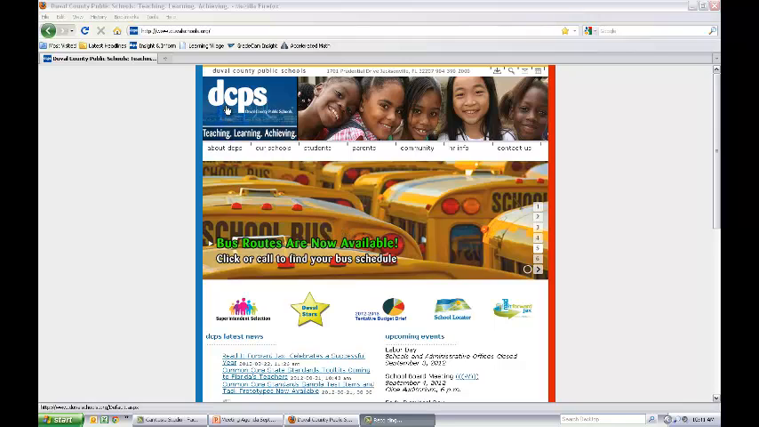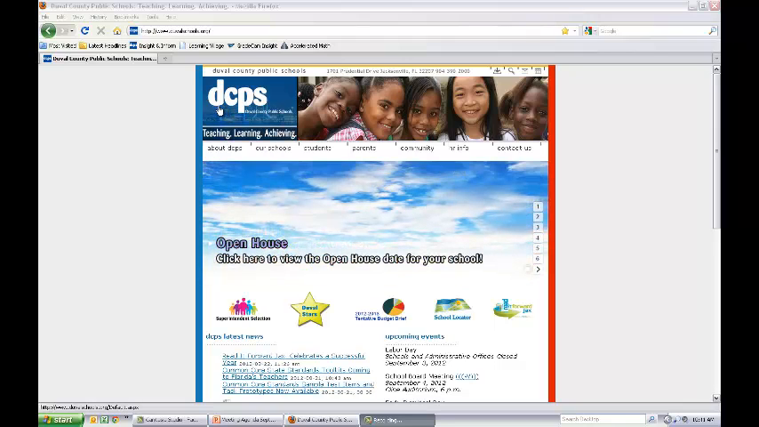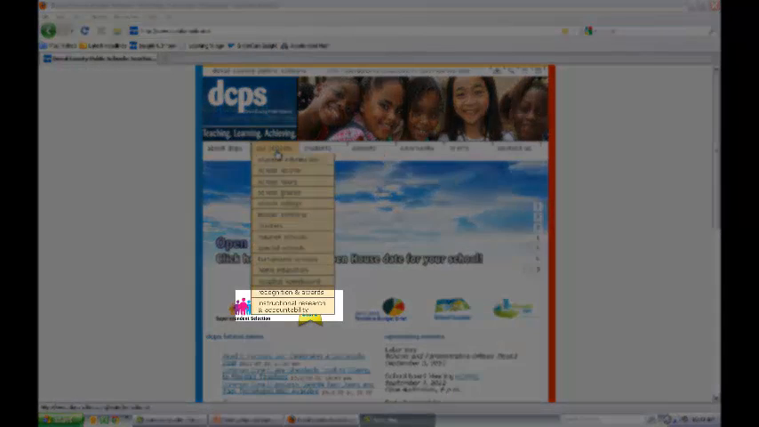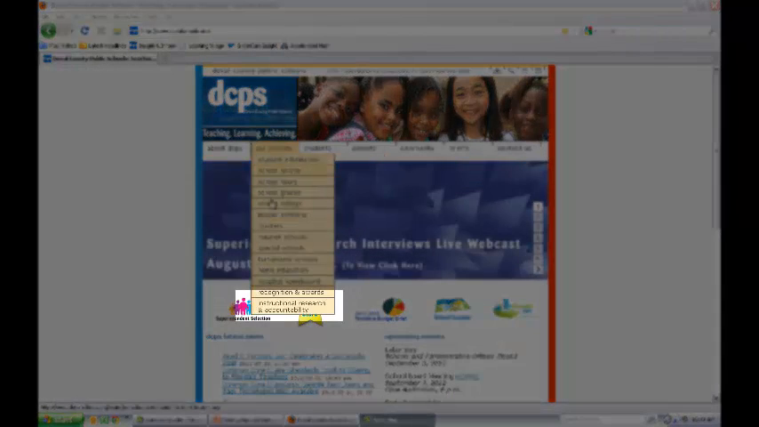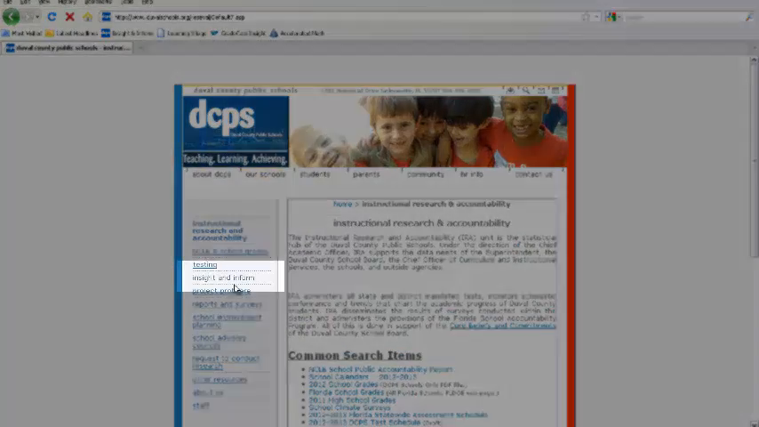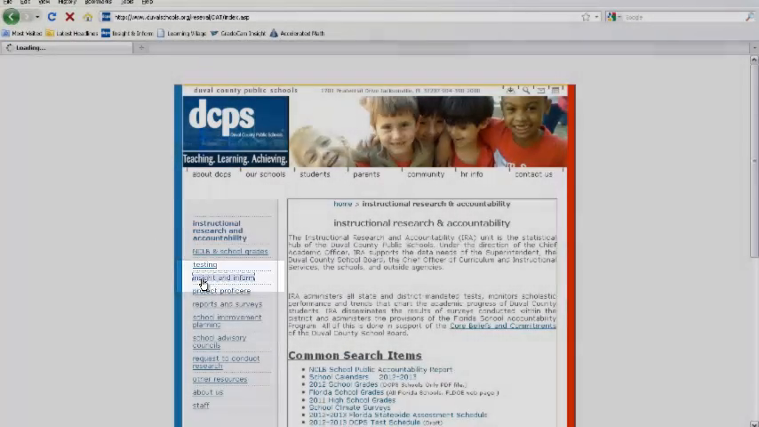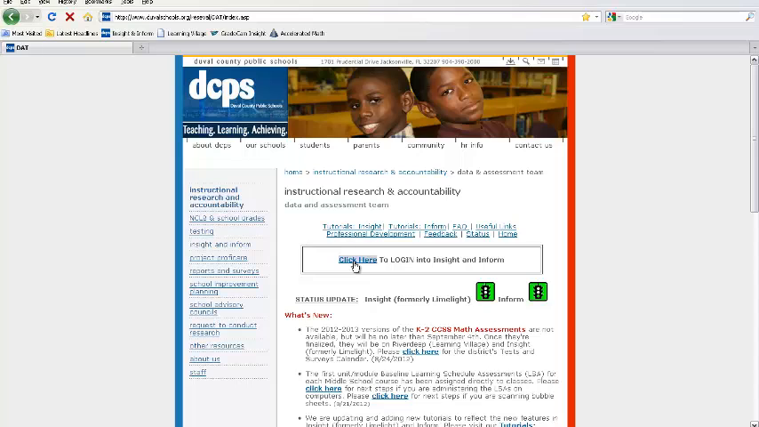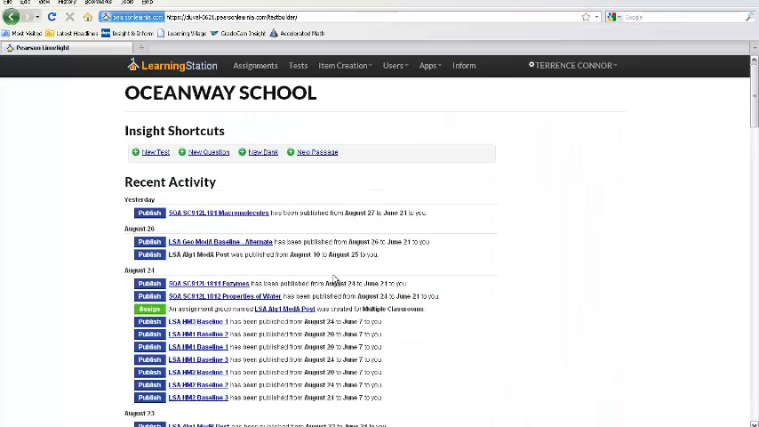So right now I have opened up Firefox and I am at the DCPS website, and to show you how to locate the Limelight, if you're not familiar, you're going to scroll down, pick Our Schools, Instructional Research and Accountability, and then you're going to see a link to Insight and Inform, and you're going to click to log in. There you'll be prompted to log in with your DCPS login, and you will get to this screen